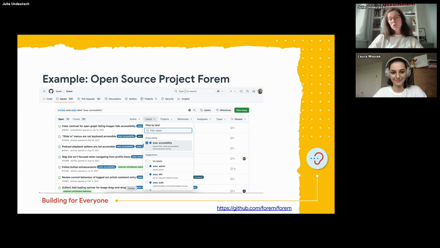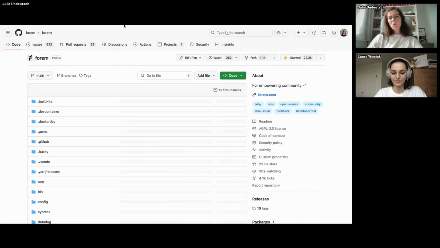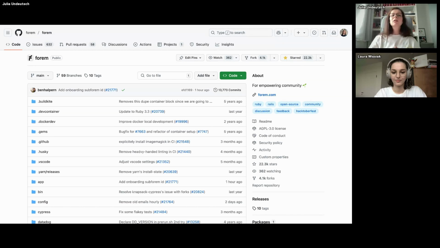So I thought, I know this tool, I'm working with it almost every day. I'm sure I can find an accessibility issue, like maybe a button does not receive focus, or where's the focus anyway on the whole site, or is the heading structure correct, something like this. So you can actually start out by going to the project. In Hacktoberfest, I think everything is a bit easier to understand, because all these groups and companies are on there. It's not just private projects or small projects, but also real companies behind it.